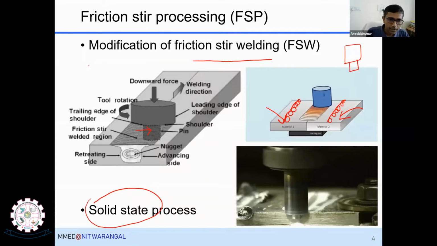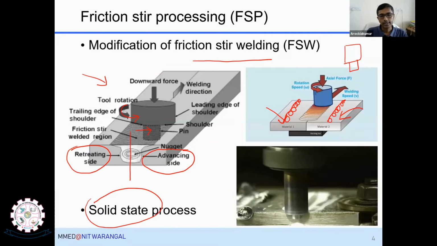Okay, and in this picture, what are the general terminologies or nomenclature associated with friction stir welding. Suppose, let us say, the tool rotates anti-clockwise, so that means this side is called the advancing side, and then the other one is called the retreating side. And then this zone is called the nugget, and in general the processed region takes a U shape. So this zone is nothing but the processed zone,